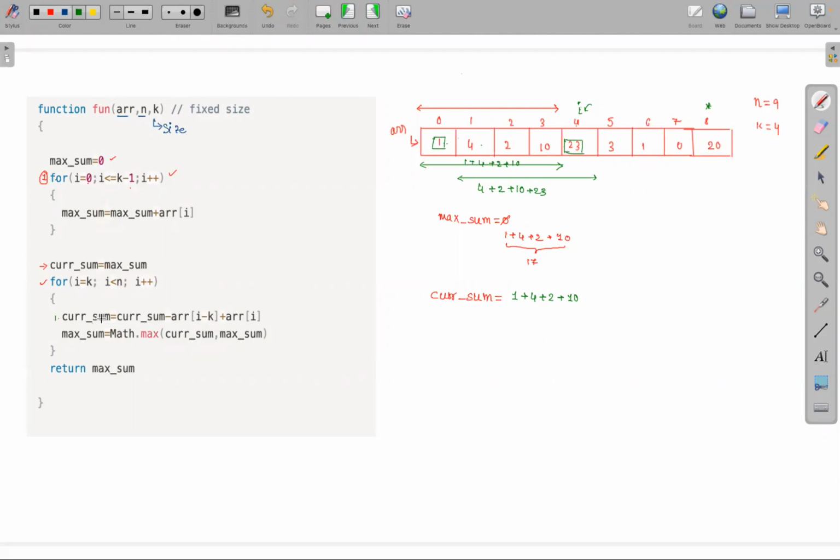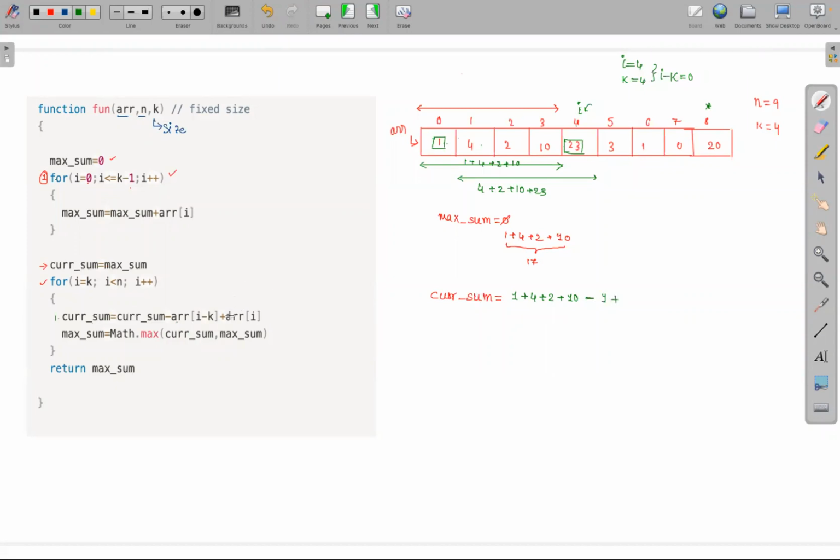Therefore, current sum is equal to current sum minus array of i minus k. When i is at index number 4, k value will be 4. What is i minus k? i minus k will be 0. So whatever value is present at i minus k, which is 0, I am going to remove, that is minus 1,